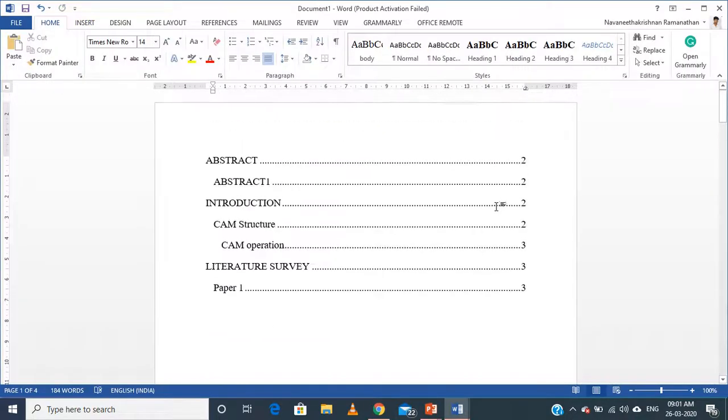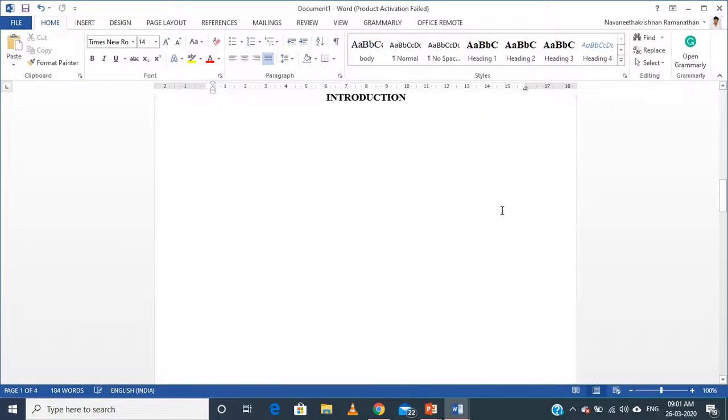So we have got the page numbers in Roman letters. But for example, after page 3, you are planning to restart the page number, that too from normal numerals. If you give enter and you put your content, the page number will still look like Roman letters.